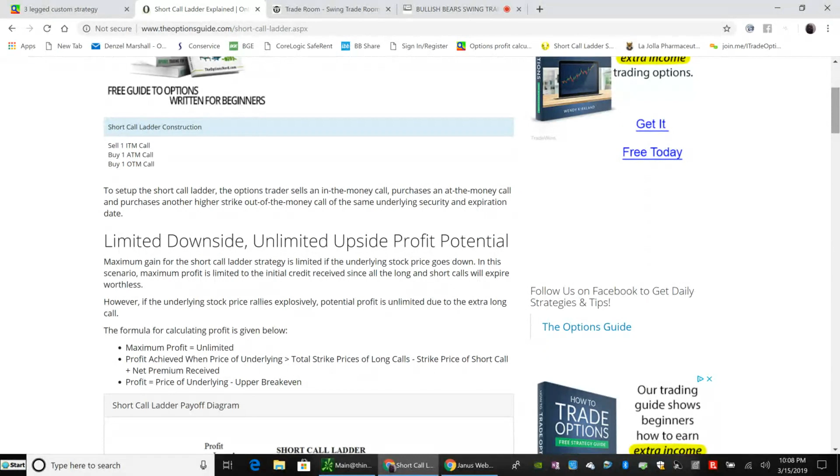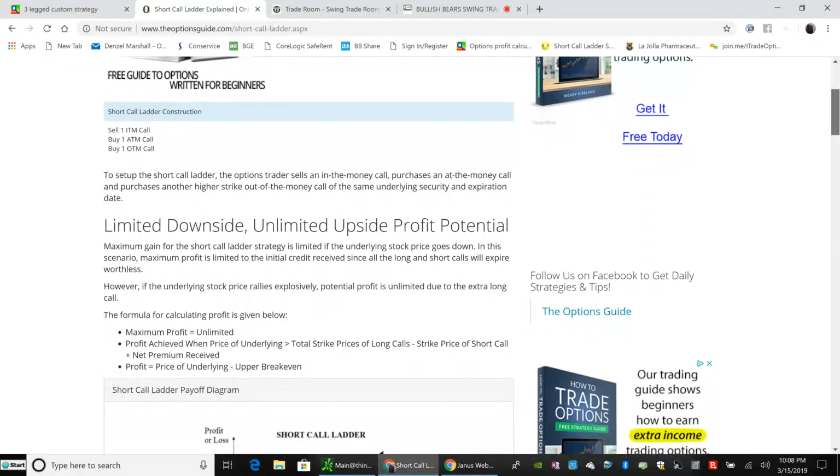In this scenario, maximum profit is limited to the initial credit received, since all the long and short calls will expire worthless. So you can also receive a profit on the downside to a certain extent,